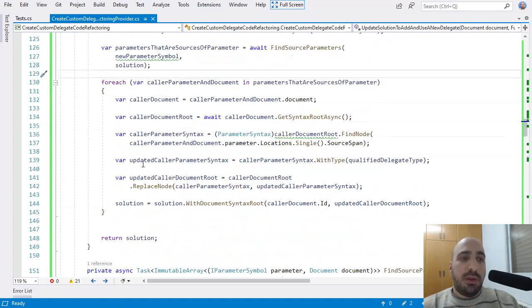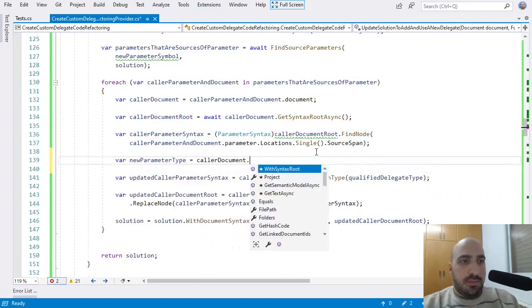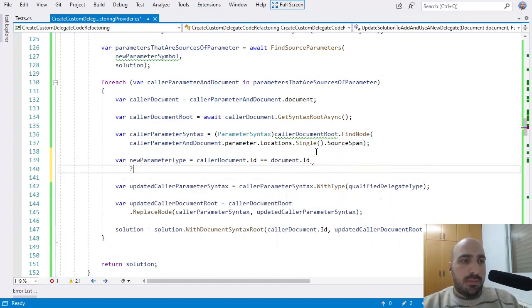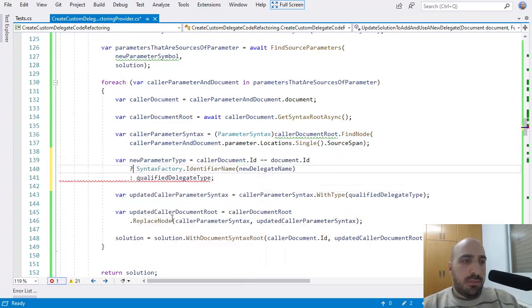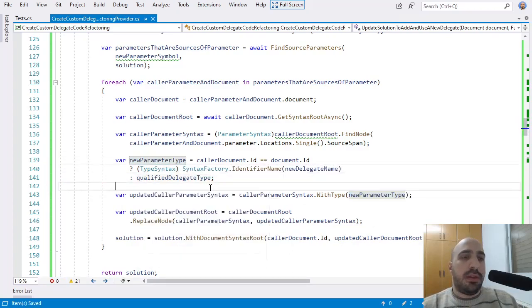So here for the callers, we are always using the qualified delegate type, right? So let's fix this. Okay, so here for the new parameter type for the caller methods, we check to see if the caller is in the same document, right?